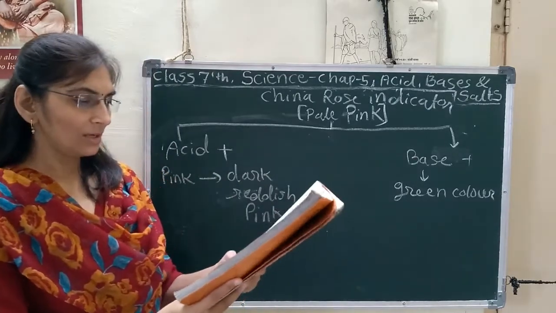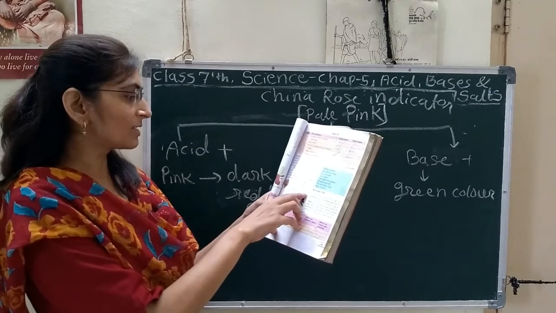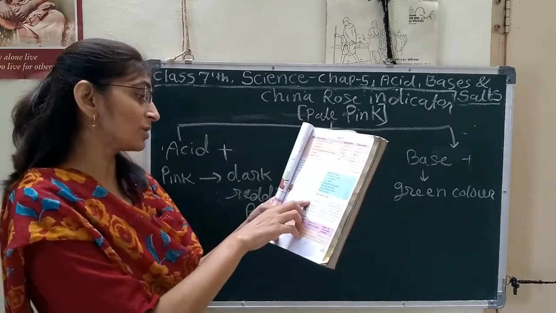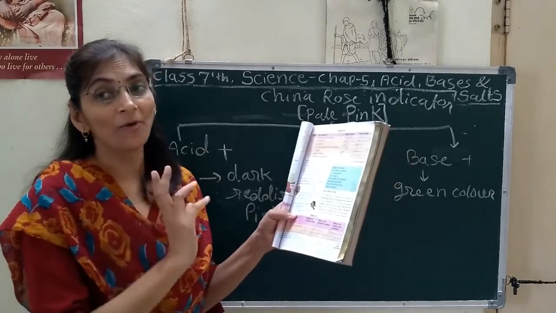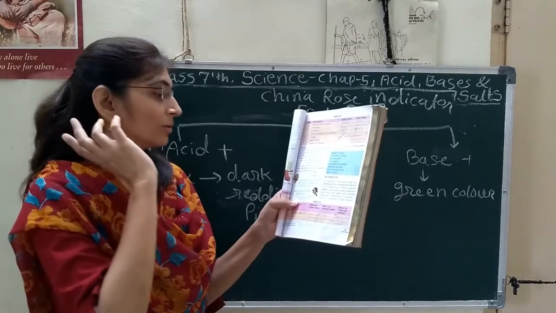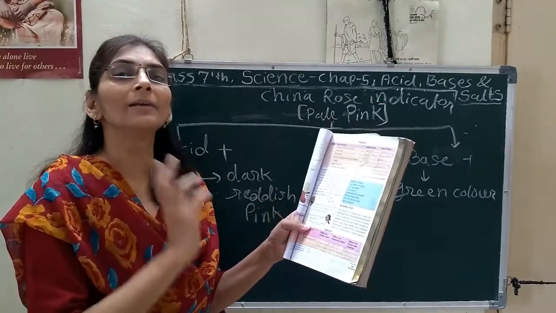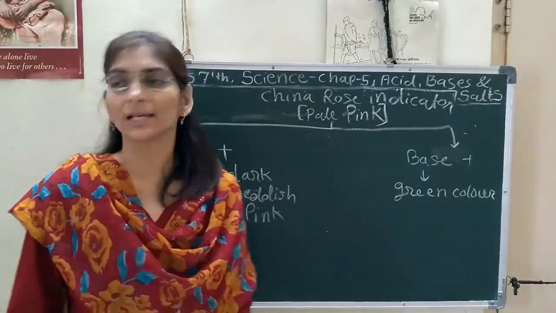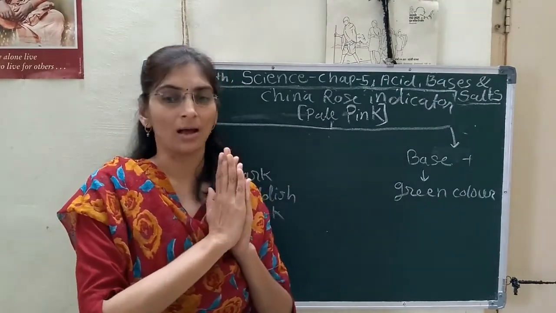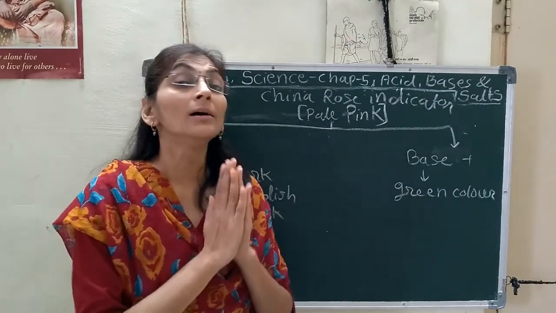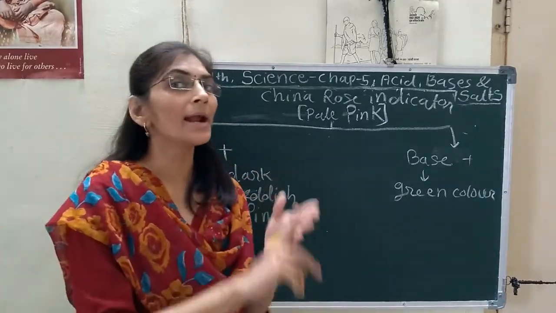Okay. Bujo is saying, I am not getting the same result when using solid baking soda on dry litmus paper. Why? Bujo has performed here one very good activity. And what is that activity? It is the experiment in which he has applied dry baking soda with the litmus paper, both red and blue litmus paper.